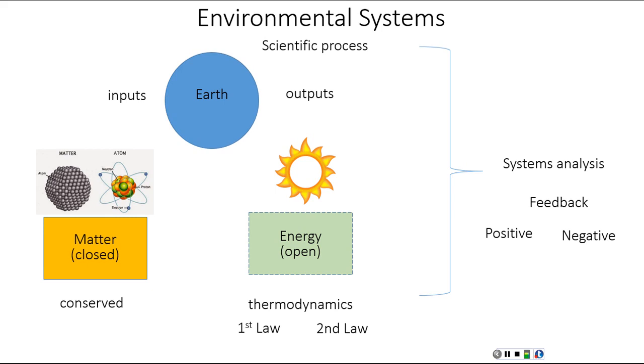So when we have a balance of inputs and outputs into a system, and those feedback loops are doing what they should be doing, then we refer to that system as being in a steady state. And a lot of what environmental biologists do is try to understand what that steady state is and how we maintain that steady state when we're talking about environmental